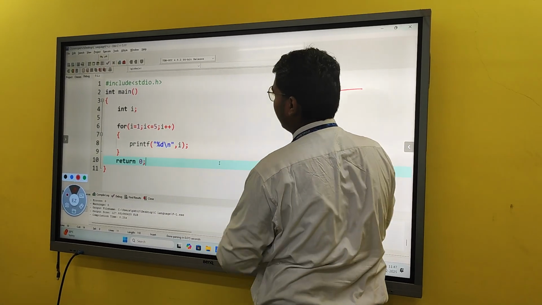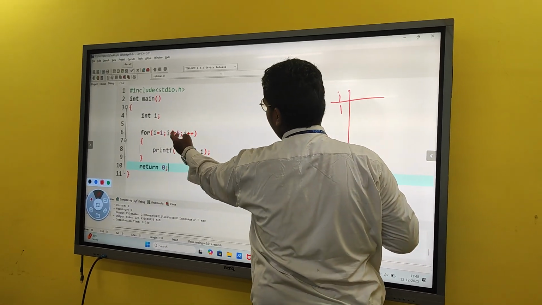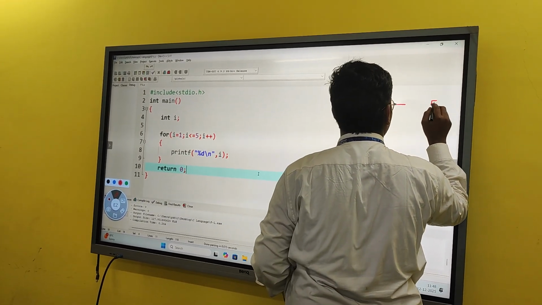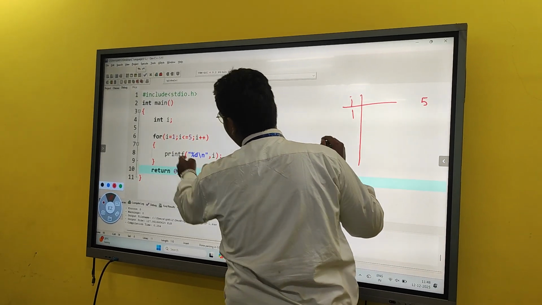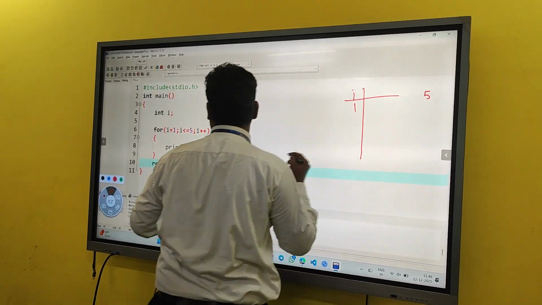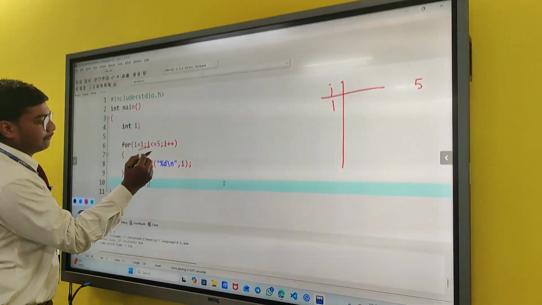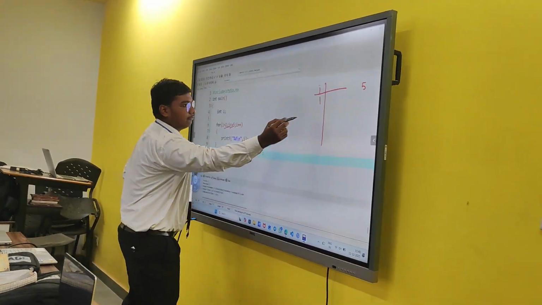So here the value of i is 1, and I have written that i is less than or equal to 5. So if we do the dry run here, 1 is less than 5, so it will display 1.